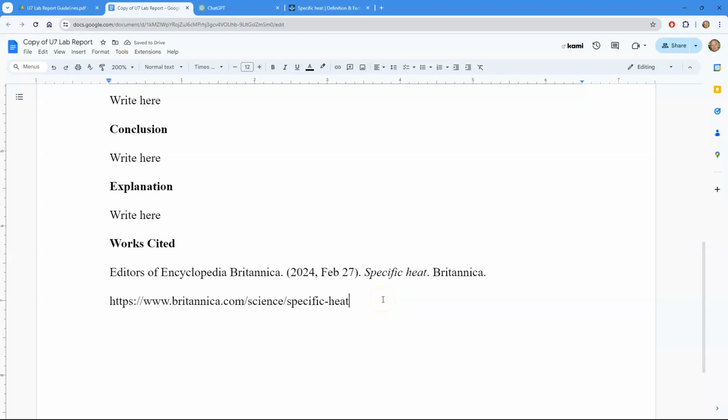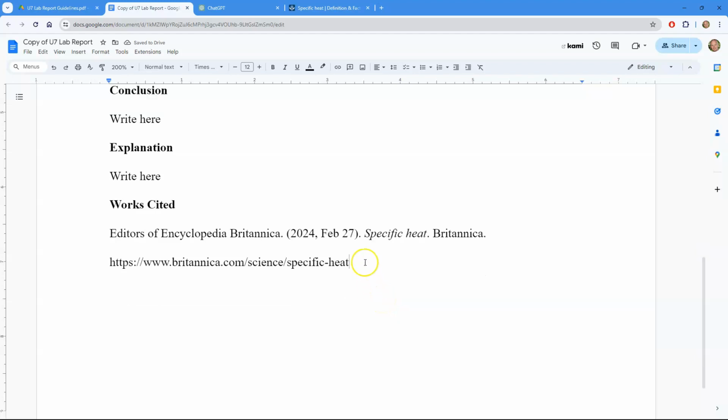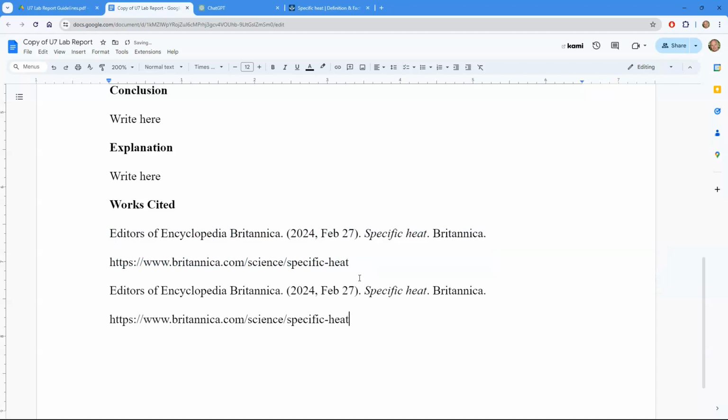Okay. Now, when we do citations, we want to do what's called a hanging indent. The reason we do a hanging indent is because when you have multiple citations, it's hard to tell, especially when they spill over from one line to the next, like the first one right here. It's hard to tell where one citation ends and the next one